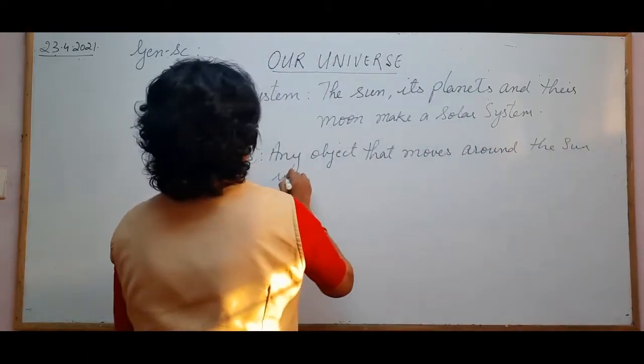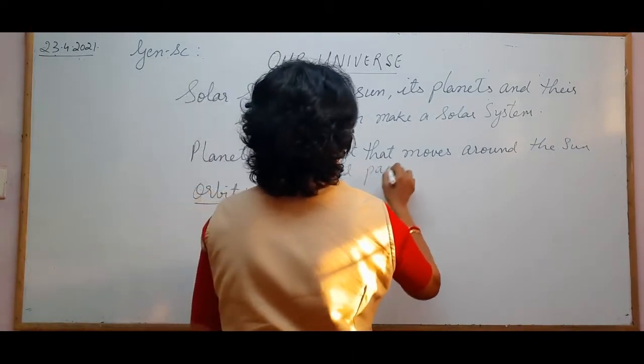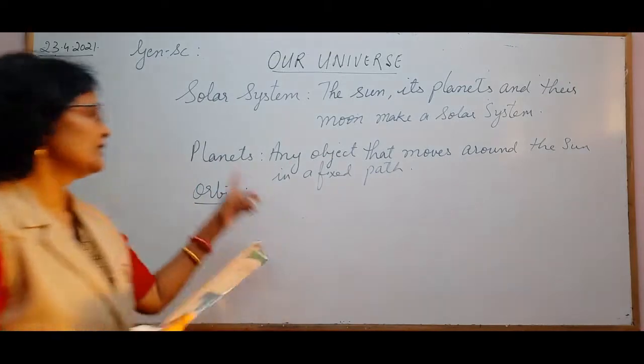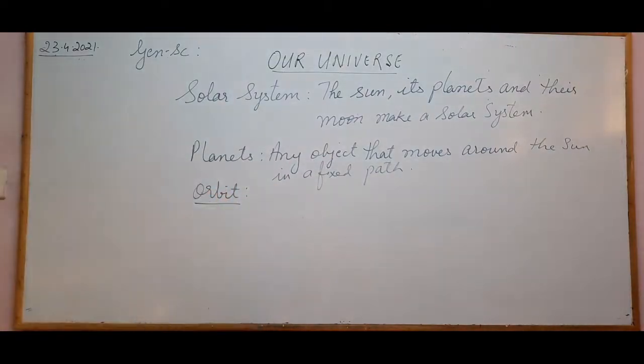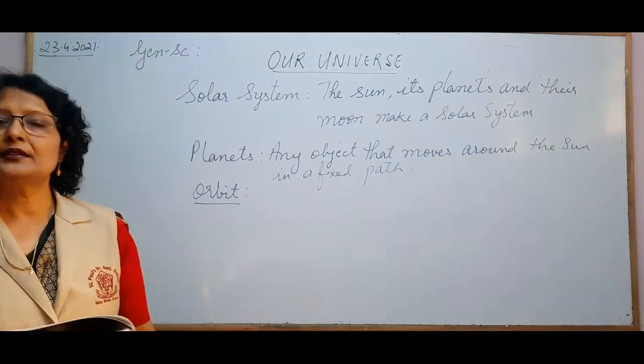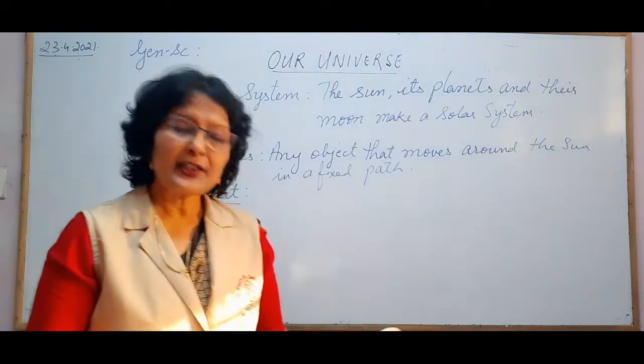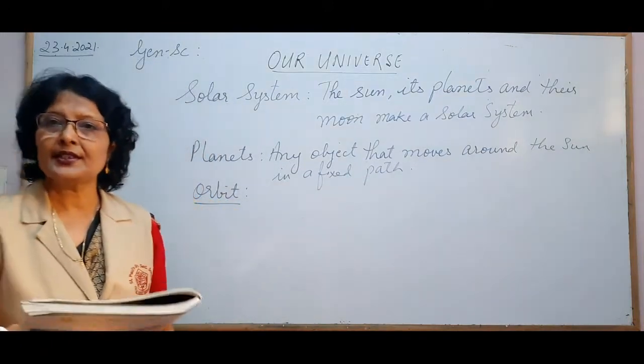There are 8 planets moving around the sun. The 8 planets, according to their distance from the sun,